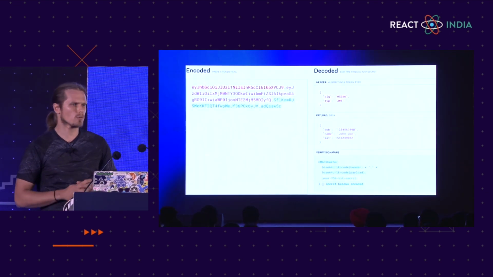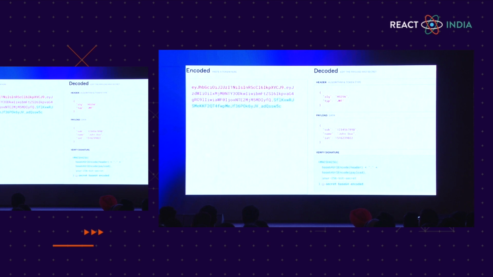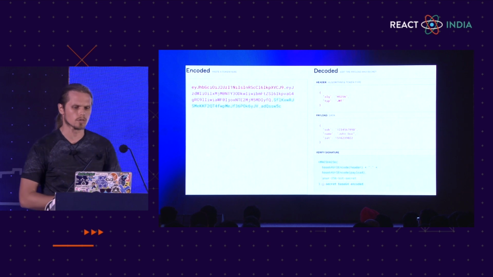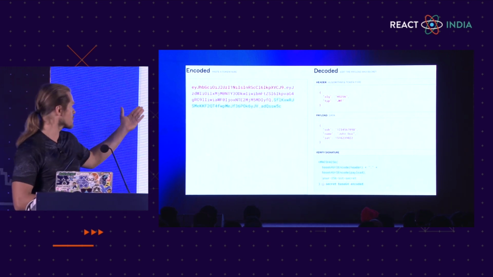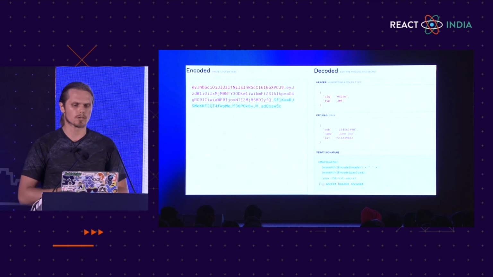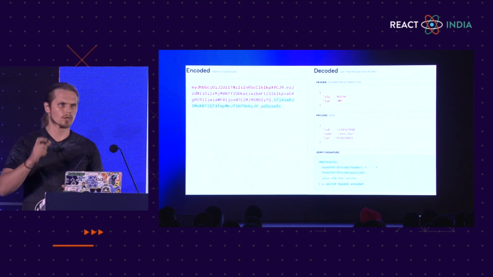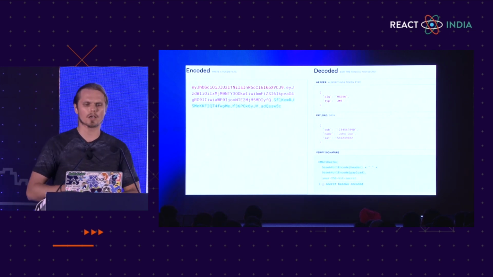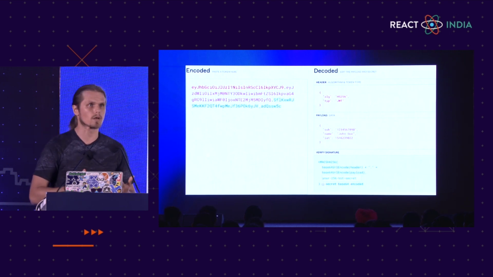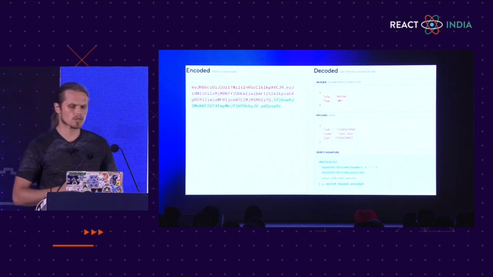So if you go to jwt.io, you will see something like this. On the left side, you can see a token, and lots of people think it's encrypted. Again, it's not. On the right side, you will see how the token is decoded. And as you can see, it consists of three parts. The first part is a header that defines the algorithm that will be used for encoding or decoding. The second part is a payload, which consists of data that you want to pass. So don't pass sensitive data in your JWT payloads. And the third one is the signature,